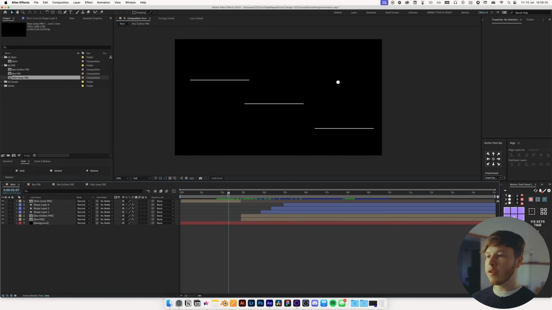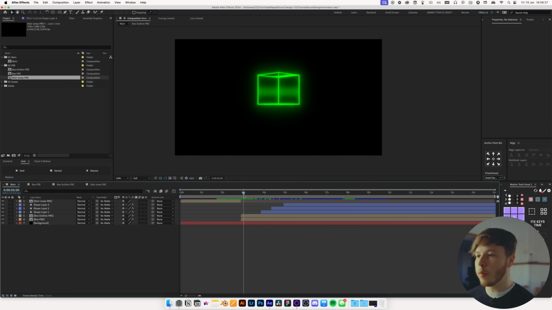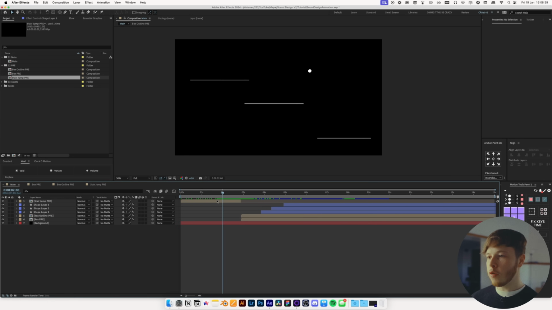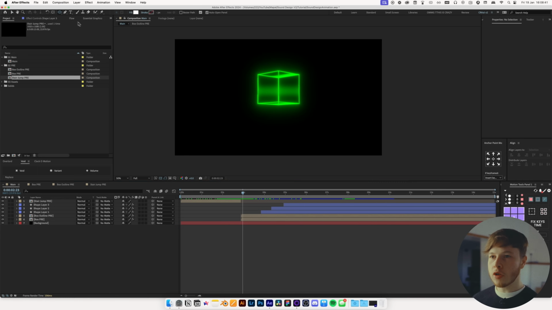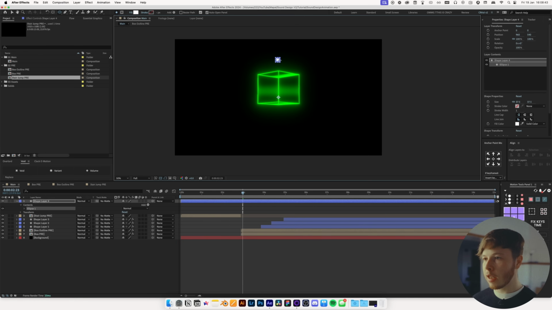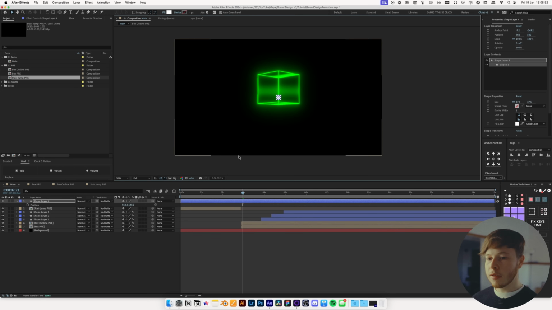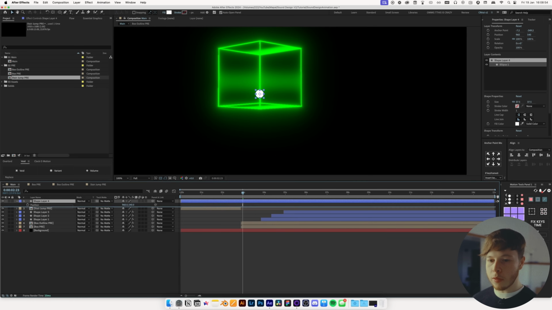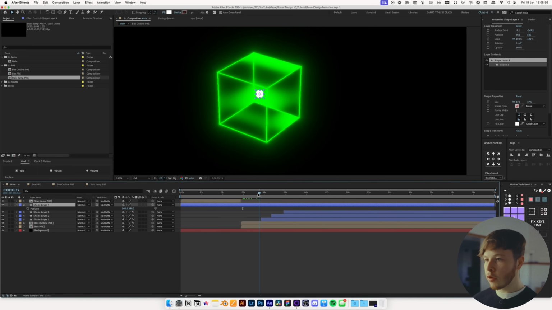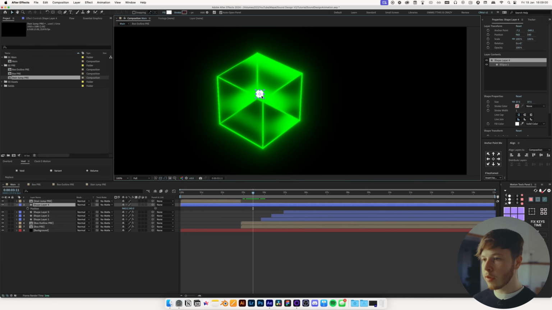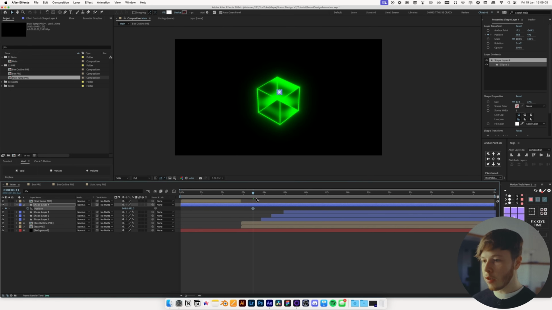So now we're going to have to match cut between these two and create a little bit of a smooth transition. So we will take another ball, and we'll just hit the shape tool, hold Shift and click and drag and create a ball, and make sure that the anchor point is right in the middle, and we can center this up as well, and then hit P to bring up the position, and we'll move this below the stair jump case, and we'll go to where the impact happens of our staircase, so right here, and we will position this where we want it, so maybe like right here, keyframe the position,